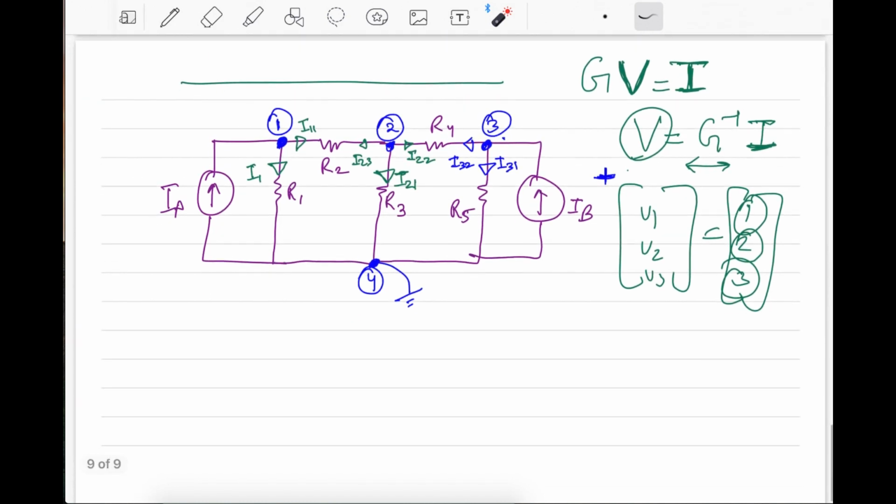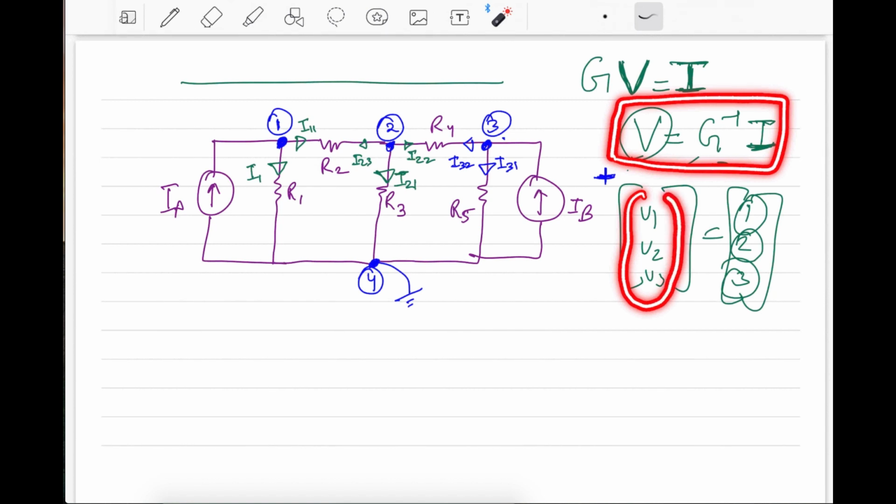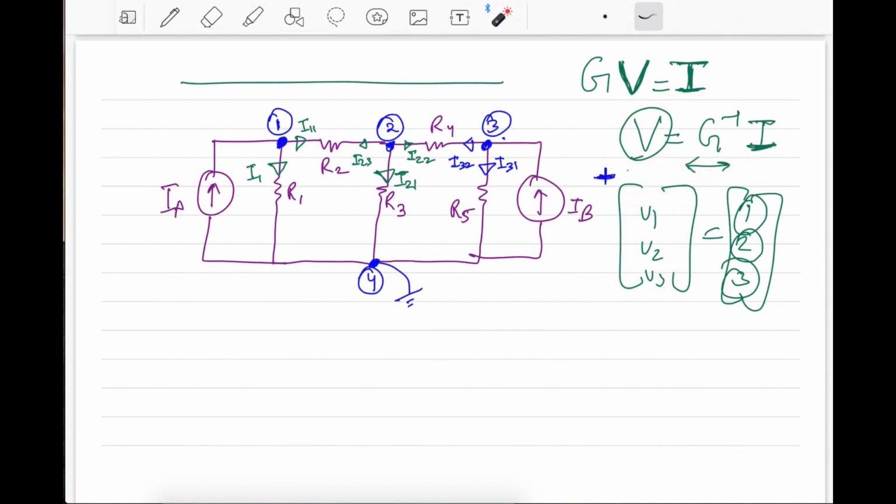So in this way, this method is basically used for calculating all the node voltages that you have, for V1, V2, V3 simultaneously. But in case you want to calculate a single voltage like V1, V2 or V3, then you can go for Cramer's rule, in which you calculate V1 as delta 1 divided by delta, V2 as delta 2 divided by delta, and V3 as delta 3 divided by delta.